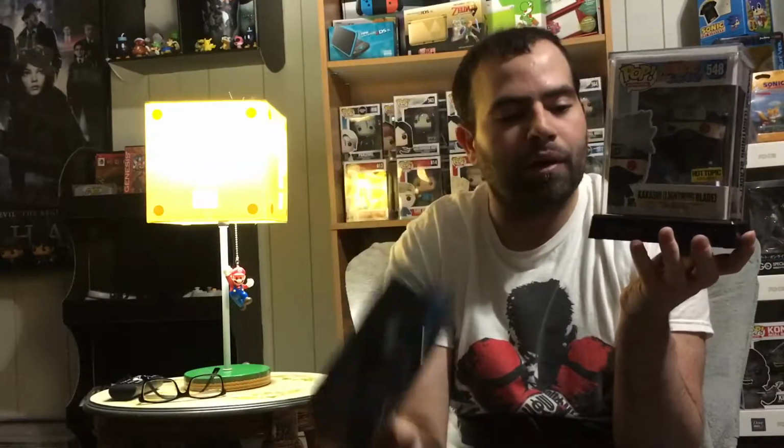Another thing about this case is that it actually lights up. It is a glow box, and what I mean by glow box is that it takes 3 AA batteries right here on the bottom of the unit, and you have the on and off switch, of course. And of course, it being on, it looks pretty cool. It has the lights in the base. The only trouble with this is that